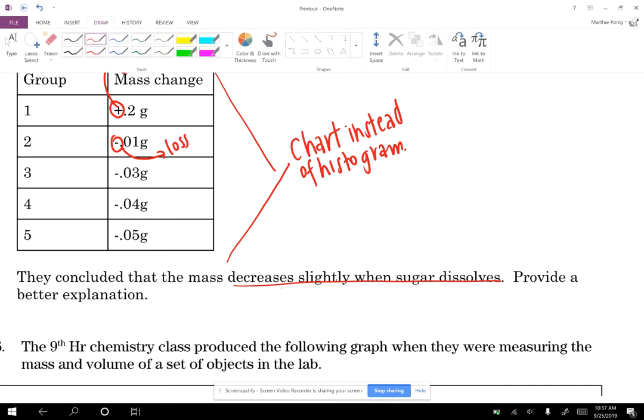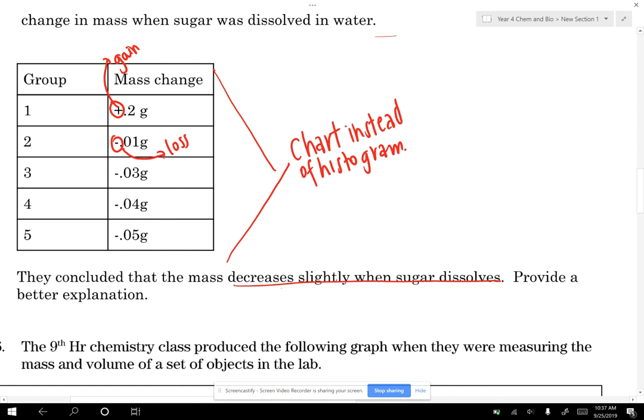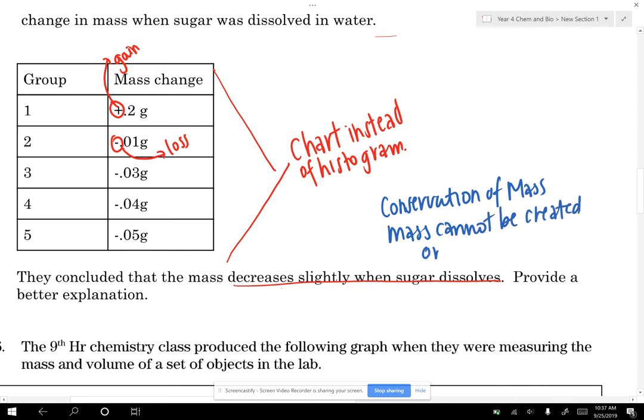So in conservation of mass, we see the following. Conservation of mass basically says that mass cannot be created or destroyed. So when we're talking about mass cannot be created or destroyed, what we're basically saying is that mass is not